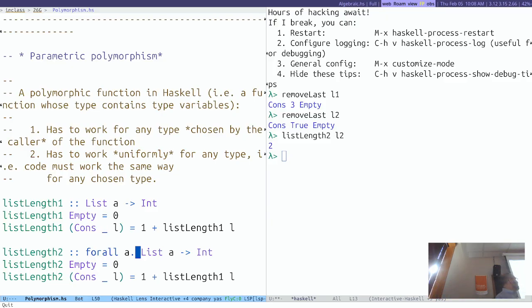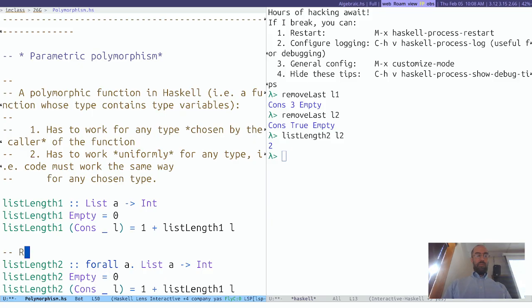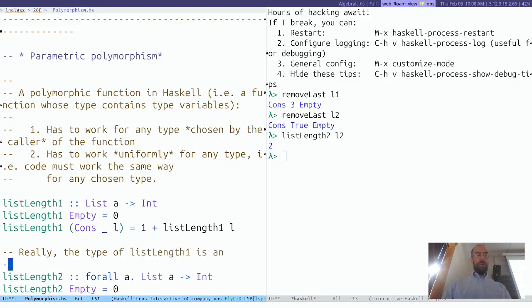But it actually literally is secretly, or maybe not secretly, a hidden extra parameter to the function. So one way to think of it is this list length 2 actually has 2 parameters. The first parameter is a type, A, and then the second parameter is a list of that type. Now normally, let me write that down. So really, the type of list length 1 is an abbreviation for